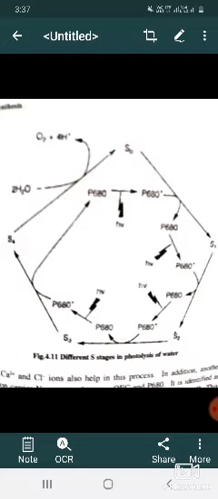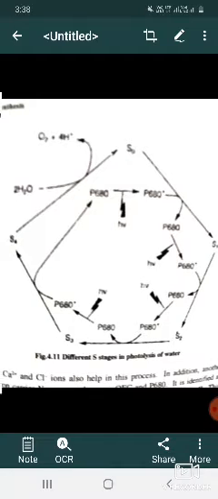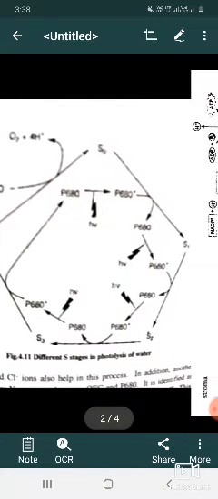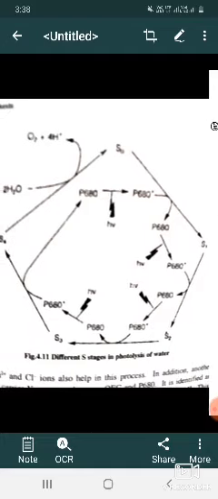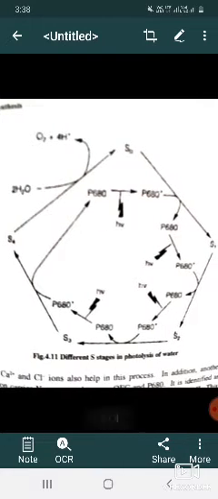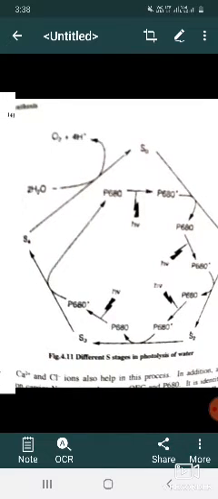are created. For the return of S4 to S0, 4 electrons are required, and these are derived from 2 water molecules. The different S phases indicate the oxidation states of